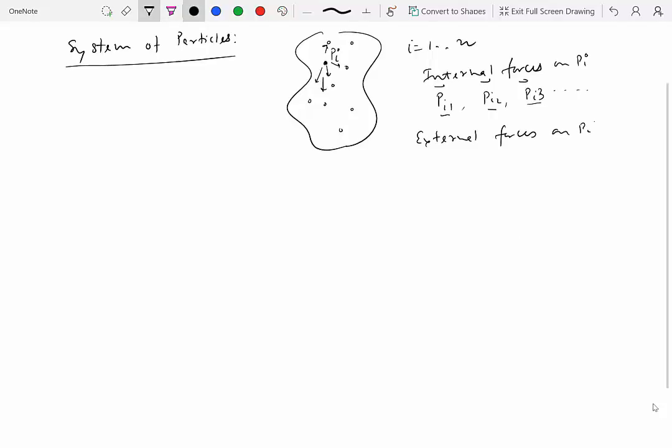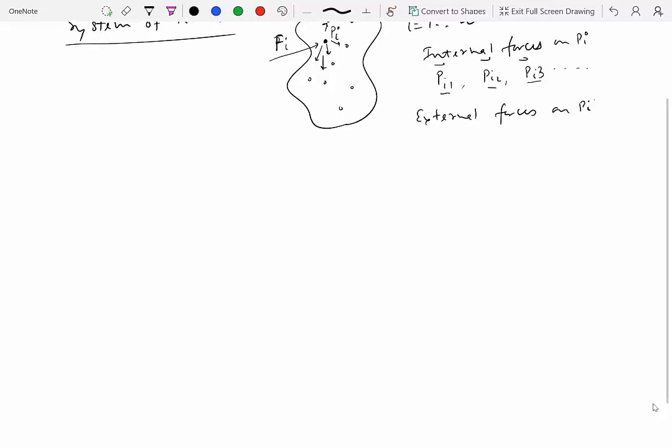on Pi, right? So what are the external forces on Pi? The forces that are external to the system are the external forces. So let's say we have a force on Pi that we'll call Fi, where F is for external. So Fi is the force that is externally applied to this particle. Now, Fi may not necessarily be just one single force. Maybe there are 3 external forces acting on Pi, but we are just going to sum them together and cumulatively call all those 3 external forces a single force Fi, okay?